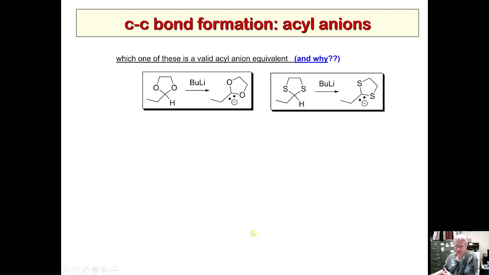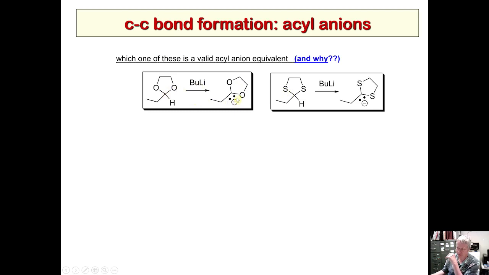Acyl anion. So again, you may or may not have seen this yet, and it's often one of the last topics we do in Organic 2, and it's often an extra credit problem. But essentially, as you'll learn, aldehydes, or these are acetals and thioacetals. Remember the names of these protecting groups: acetal, thioacetal. But the big thing is that